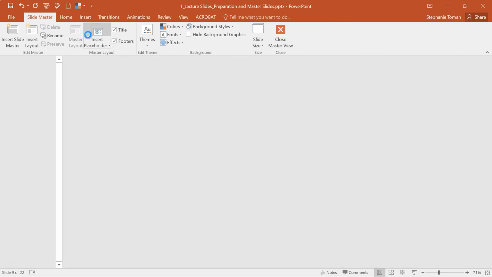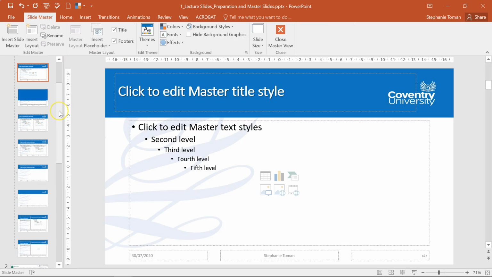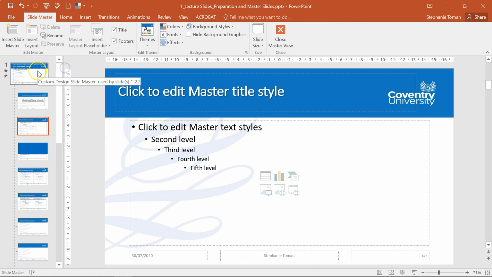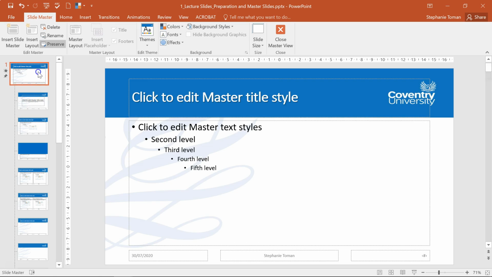So let's go in here first. Remember we talked about the master, the main master, so you need to scroll right up and make sure you see the one that's used by majority of the slides, in this case 1 to 22. If you put it into the other one, it's not going to work. I'm going to have a look at that in a minute. So the main one at the top, you could change this top